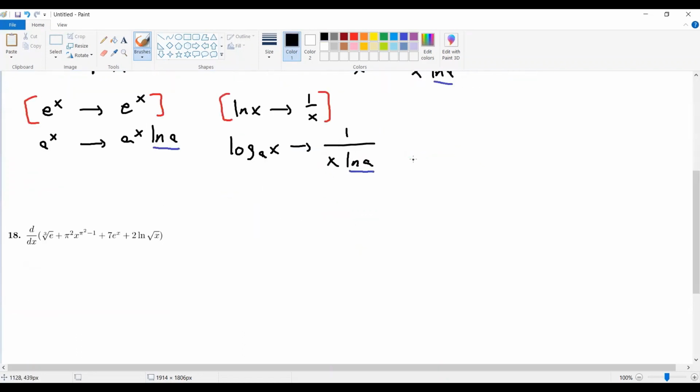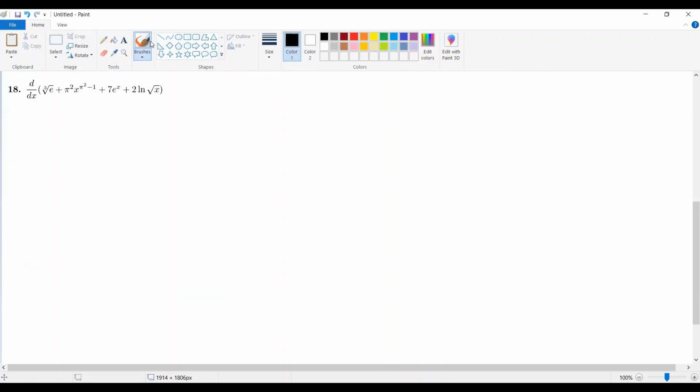So let's go to the other exercise. There's a little bit more going on here, so we can talk about it. Again, notice that we have a bunch of different functions, but they're all combined with addition. So we're just adding a bunch of functions together. So we can split the derivative up through that additive property, and you're really just taking the derivatives of individual things. So the derivative of the cube root of e plus the derivative of pi squared times x to the pi squared power minus